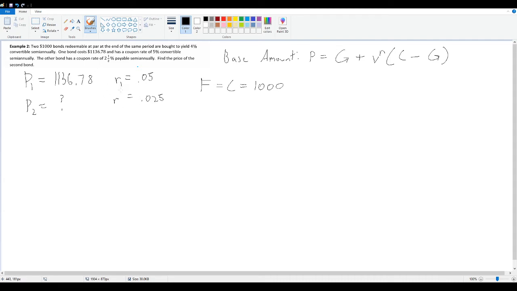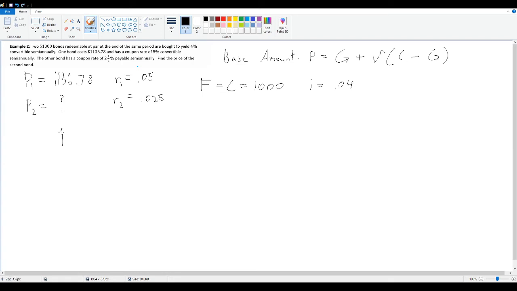I should also denote these R's for their respective bonds and prices. Then we have i equal to 4% for both bonds. The key thing here is that the period is semi-annual for both bonds, and so is the interest rate. That tells me that v^n is going to be the same for both the first bond and the second bond. To start for P2, I'm given C, which is 1,000, and I need to find G and v^n. So I'm going to start by finding